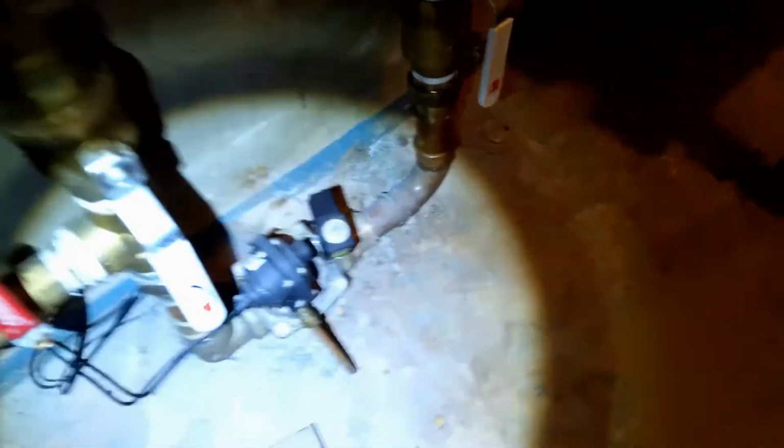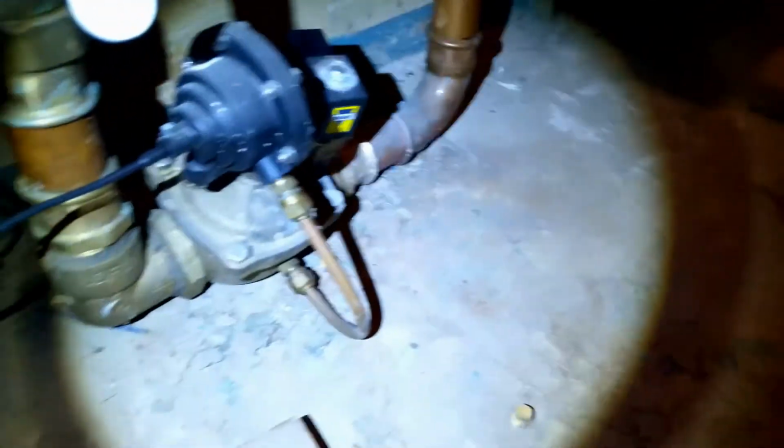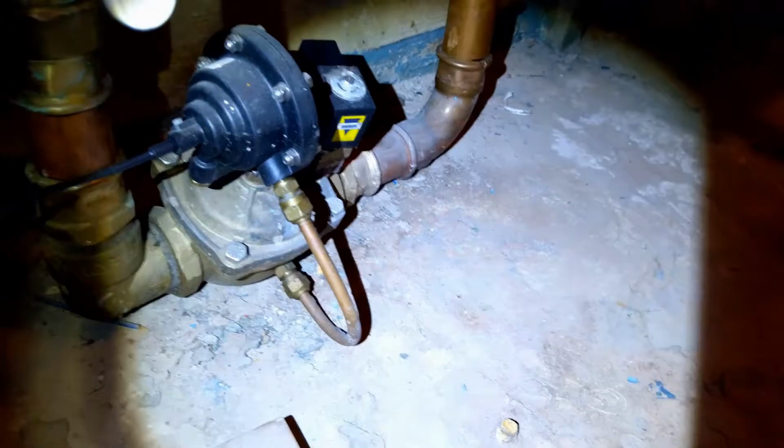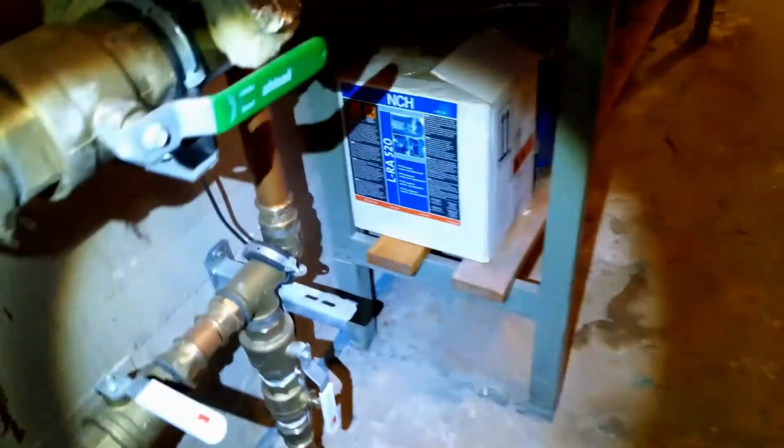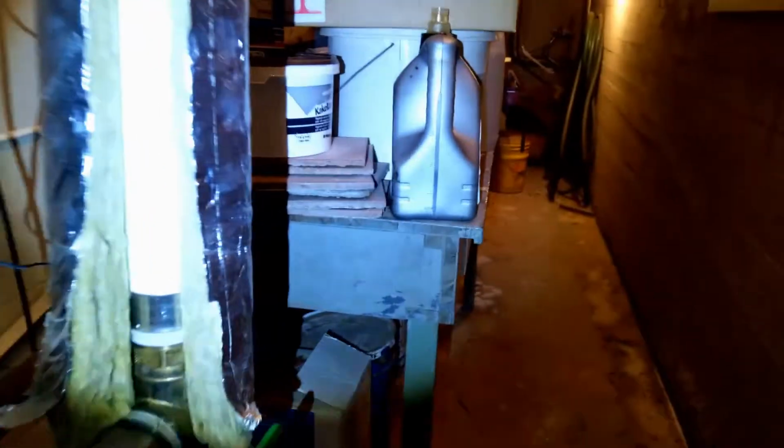Here's some interesting stuff. We got this part here. This is called a Decommissioned. It senses if there's any leakage on the pipe. We got this plastic pipe here. Looks like it has just been a temporary solution. This pipe here goes to...